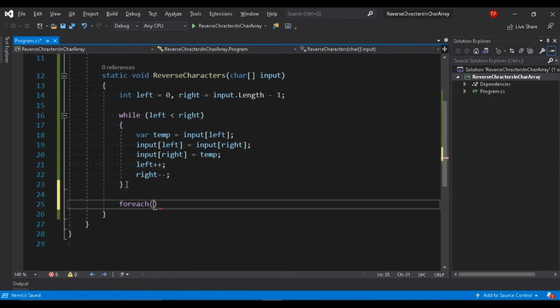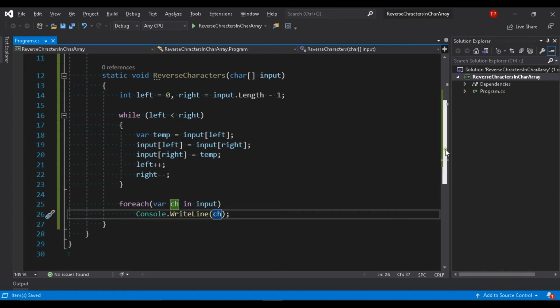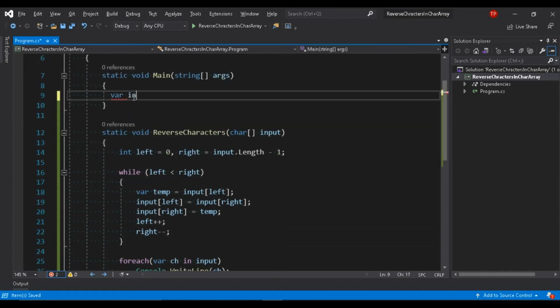I will use a foreach loop here, because I just operate on my input, right? So I will have a character, ch, in the input, and I will print it. Let's see here: I will pass as an input a new character array here where I can have a, b, and suppose c.